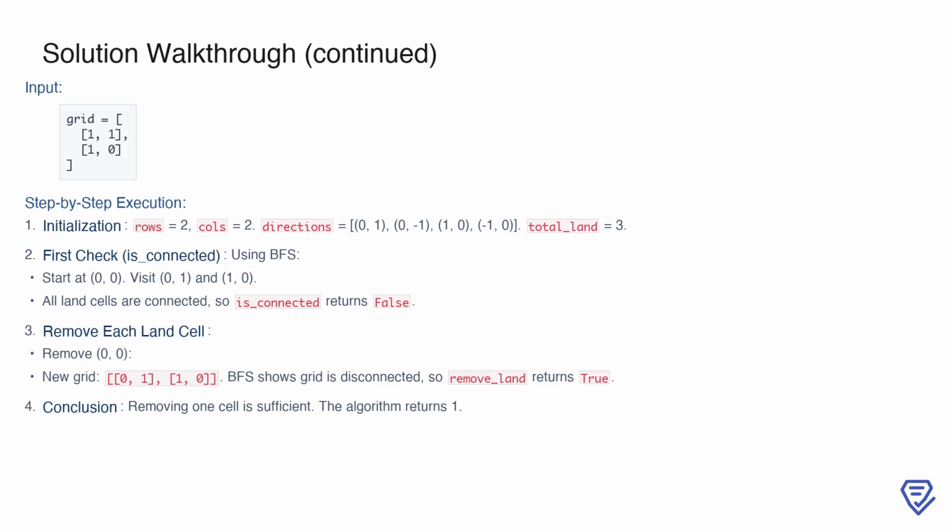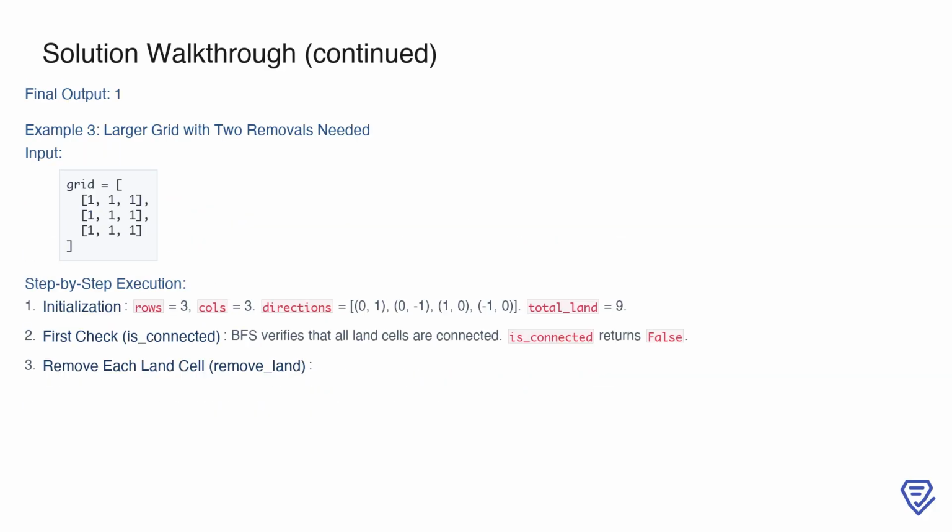Now, the algorithm systematically removes each land cell one by one to test if the grid becomes disconnected. For example, when the top left cell, (0, 0), is removed, the resulting grid is checked again for connectivity. This time, the BFS traversal shows that the grid is disconnected, so the remove_land function returns true. With just one removal, the island becomes disconnected, and the algorithm determines that the minimum number of days required is